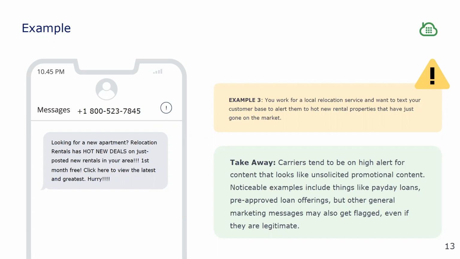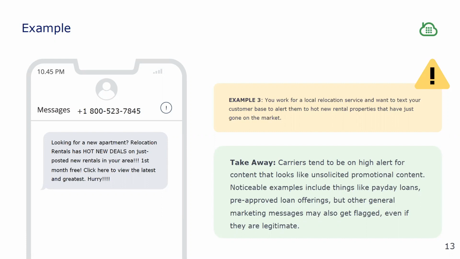So again, to send these messages, I would recommend using a pre-approved A2P kind of messaging if you wanted to send out bulk campaigns and new apartment messages. Short code might be a good number type to send these messages. I really like this example because on the surface it looks like you've done everything right. You've got the opt-in, you've got the A2P approved message, and then you still run into a blocking issue because of an automated content filter.